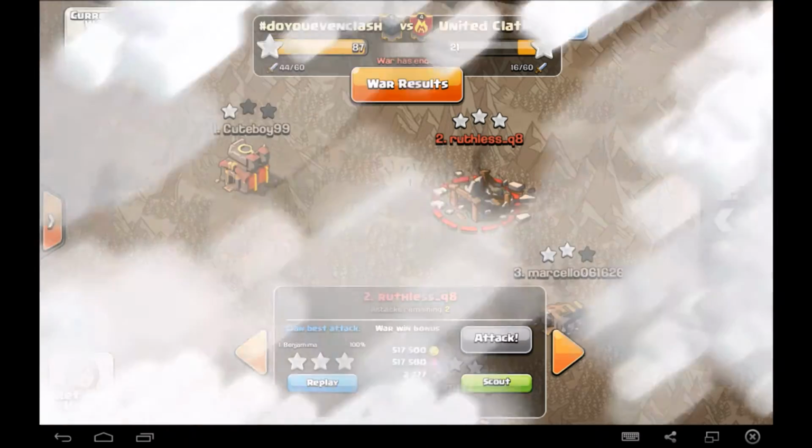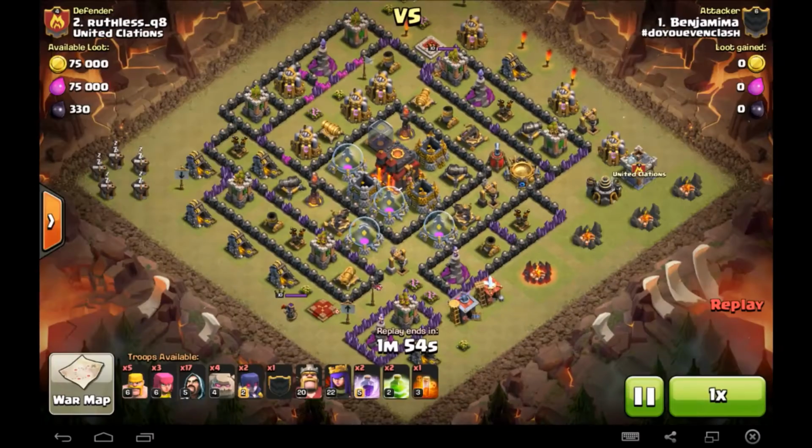Hall 9 versus a Town Hall 10. And I believe this is a GoWiWi. So for this base, since he does have 2 multi-target Inferno Towers, he is going to bring 4 Golems, plus have another maxed out Golem in his clan castle. He has 2 Witches, 17 Wizards, 3 Archers, and 5 Barbarians, with 2 Rage spells, 2 Jump spells, and 1